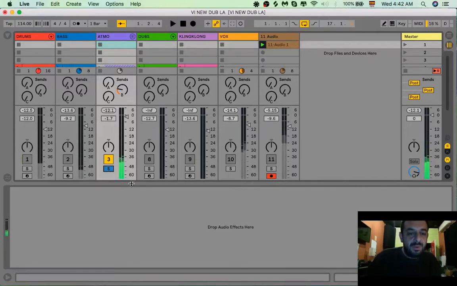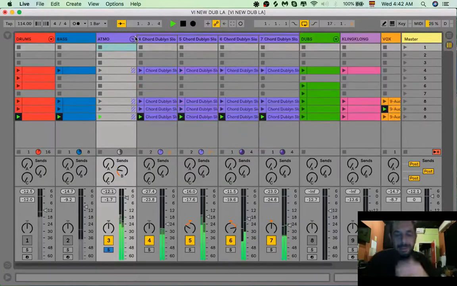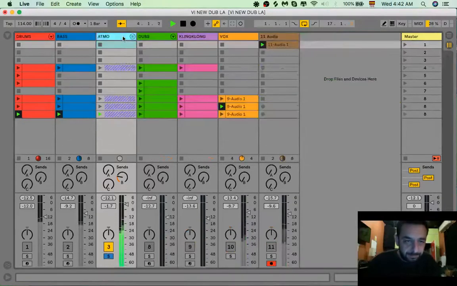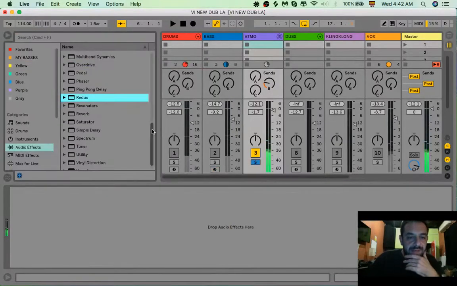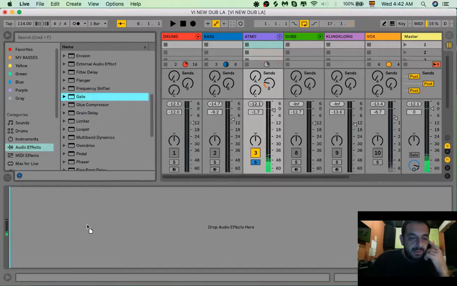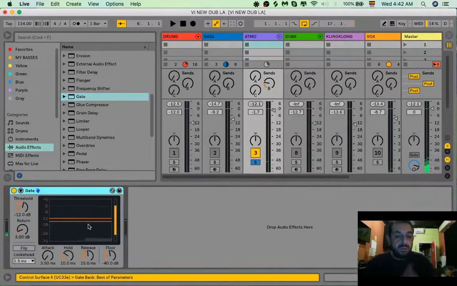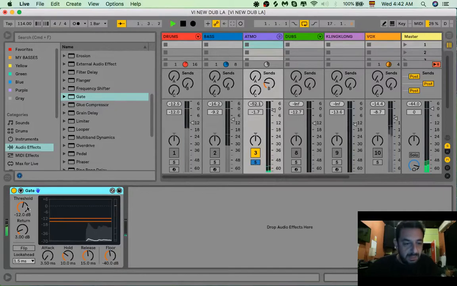So I have this Atmo group, made with several different chords. And now I'm gonna take a gate effect. A gate basically sets a threshold, and we say if the sound is going through or not. As you can see, I have this threshold here, and the signal is below my threshold, so it's not coming through. So if I put it down,